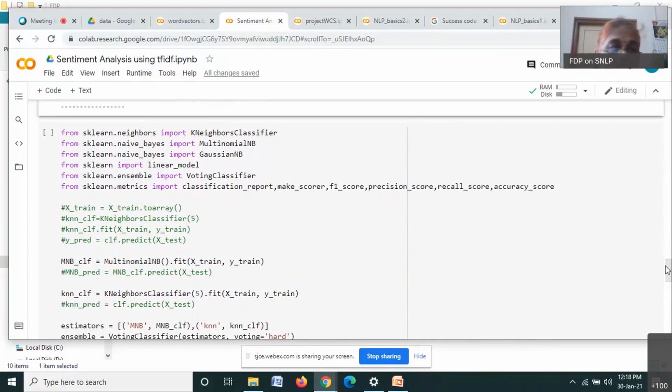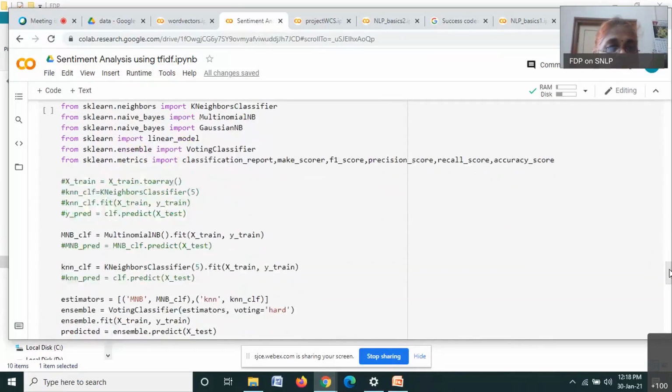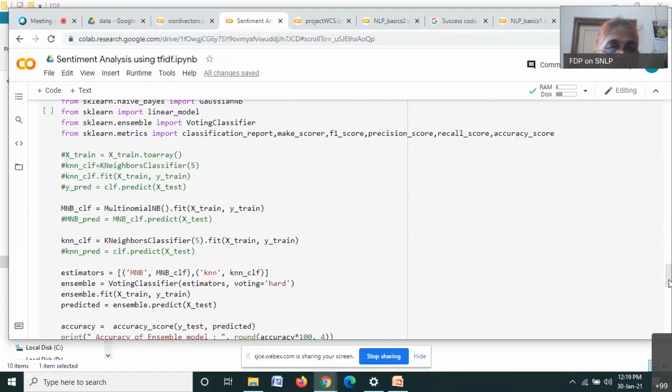Instead of running one by one, what I did is I'll consider an ensemble. An ensemble is something like, instead of one person doing a job, let a group do a job, and we will go for the collective decision or the collective opinion. So here I have considered only two. One is a multinomial, the other one is the k nearest neighbor with k value equal to 5. And the estimator that I'm using is hard voting. Similarly, you have a soft voting also, that also you can use.